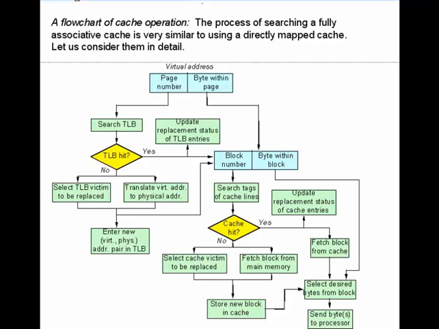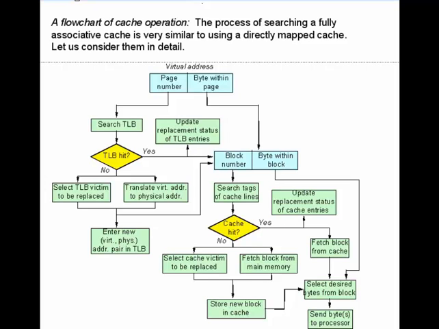The process of searching a fully associative cache looks a lot like searching a direct mapped cache. There are only a couple of small differences. In the beginning, you start out with a virtual address, and then with the virtual address, you need to divide it into two parts: the page number and the byte within the page. Well, if you studied operating systems, you know that most likely the page number is going to be